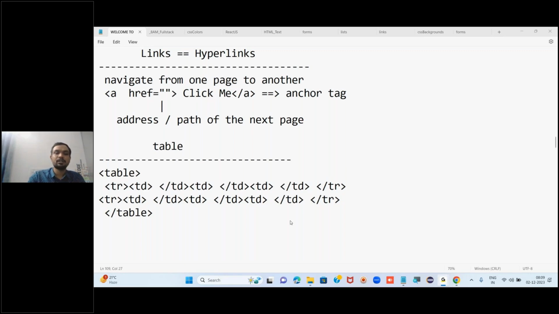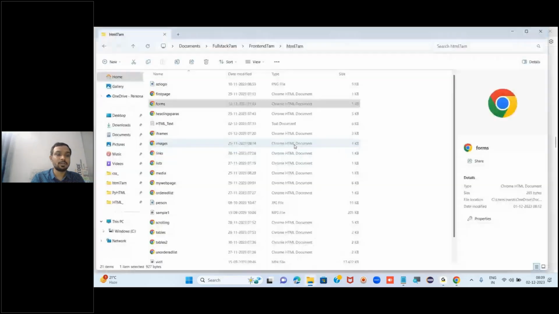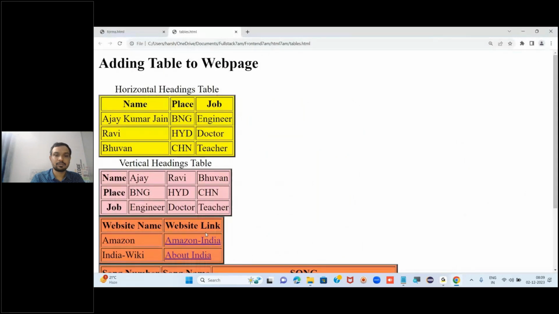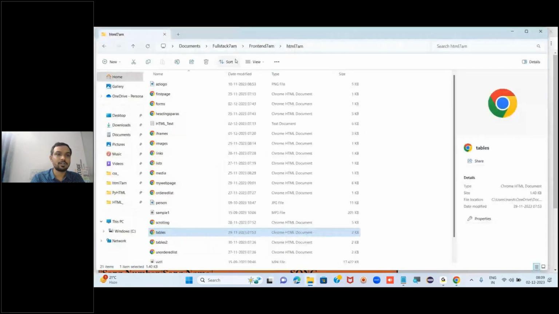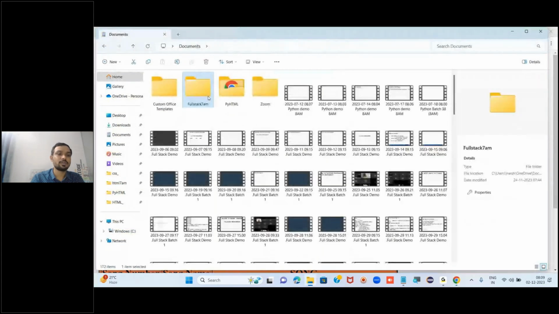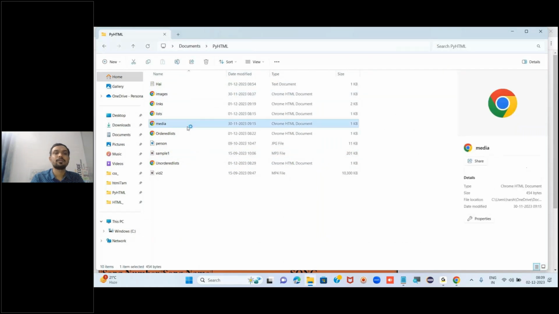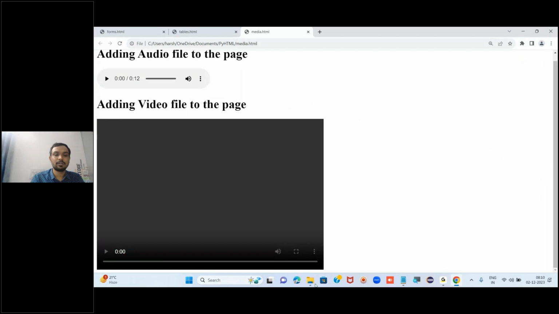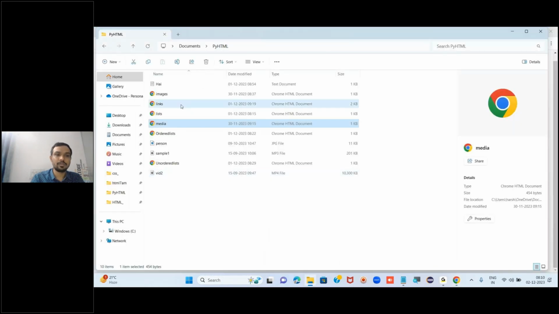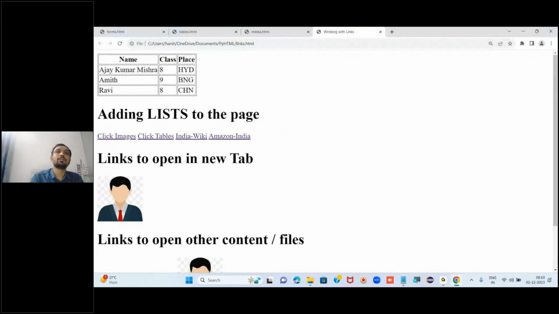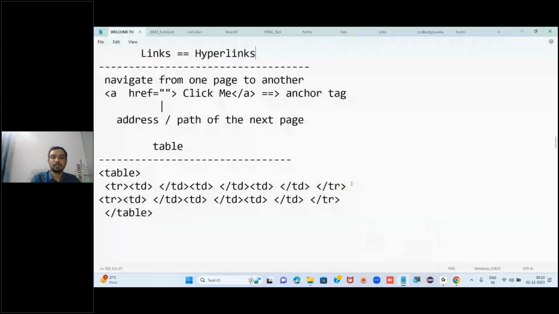So that is what we have seen, and we created the table yesterday as well. Practically also we are done. Our folder is different, right? Documents, page table. In the links only we added, I think. Here we added the table, right? Now this is a table with horizontal headings, and I asked you to create a table with vertical headings, the opposite way, interchanging the rows with the columns. You can do that. Now, the important thing is here,